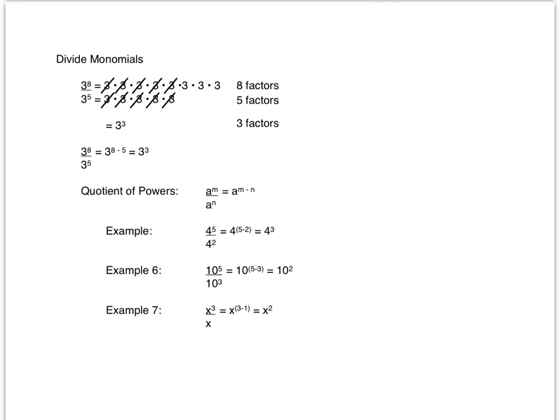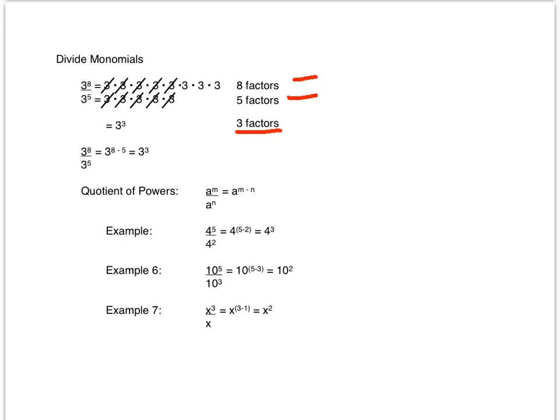Next, we are going to divide monomials. This may require you to look back to section 4.5 where we learned to simplify fractions, algebraic fractions, by canceling. So here we have 3 to the 8th power divided by 3 to the 5th power. To do that, we would multiply out 3 times 3 times 3 times 3 times 3 times 3 times 3 times 3, that's 8 factors, and divide that by 3 times 3 times 3 times 3 times 3, that's 5 factors. And when we cancel out the ones they have in common, that leaves us with 3 to the 3rd